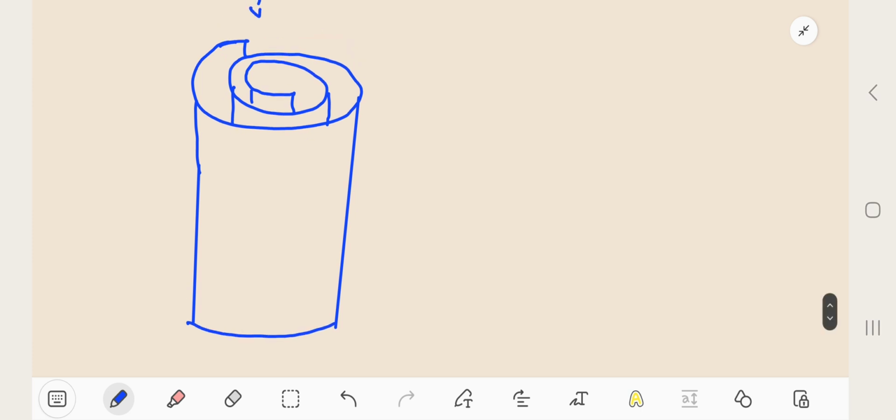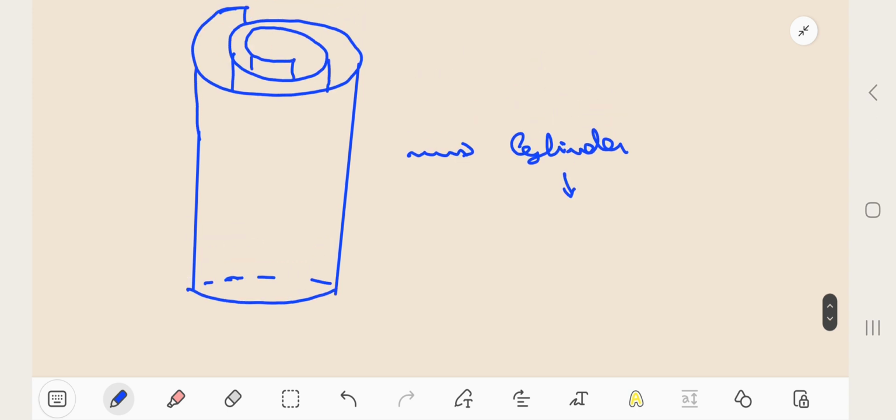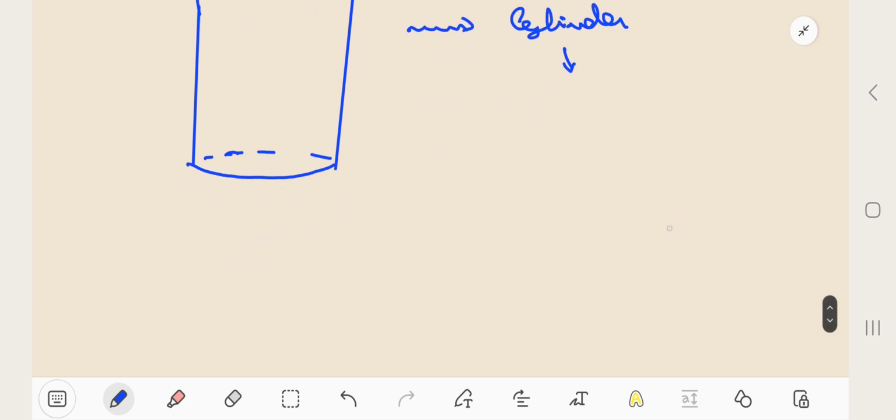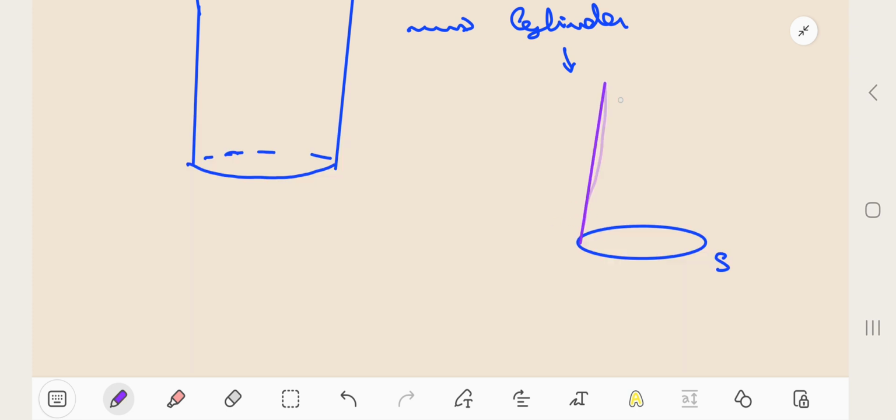Okay, but if you carefully observe, this is nothing but, at least in this case, it seems to be a cylinder. It seems to be a cylinder, basically an infinite cylinder. So how can we typically construct a cylinder? If you observe, if I start with S, and I just scale S by R,